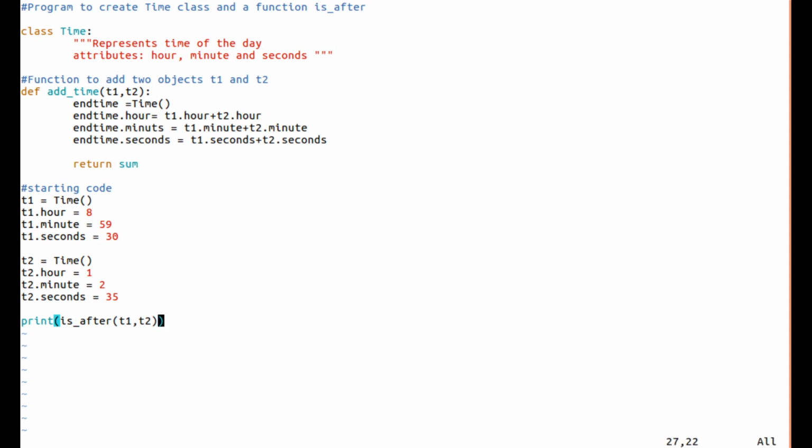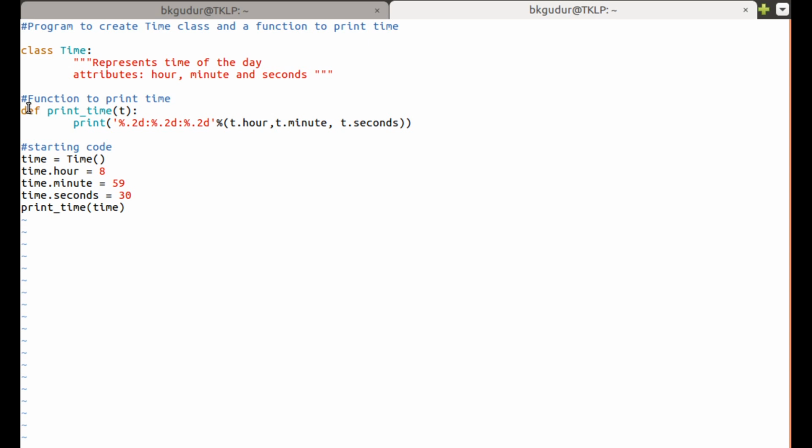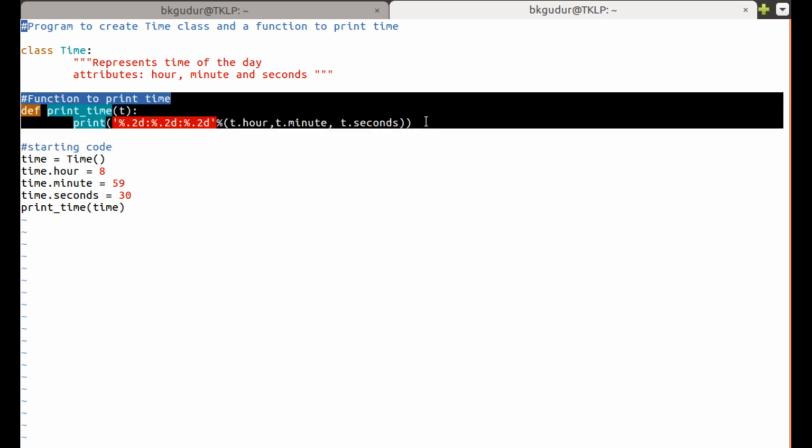This will require the print_time function that I am going to take from here. This is the function that will print a time. I'll take this.